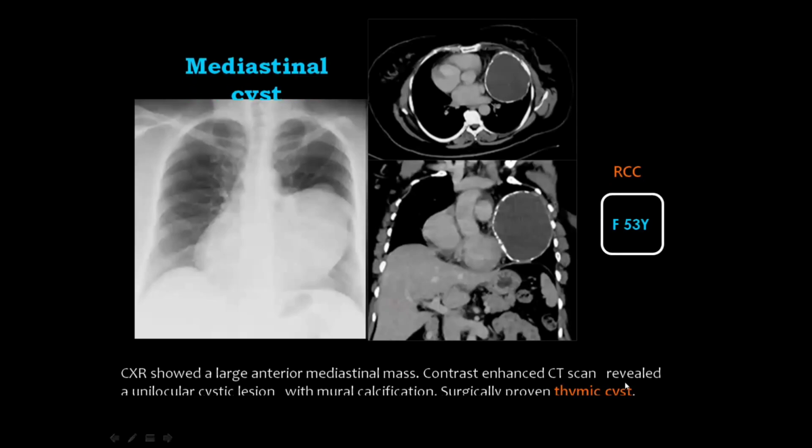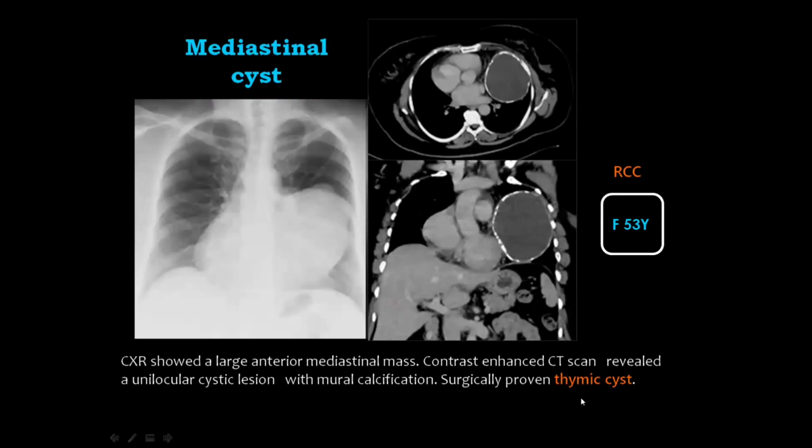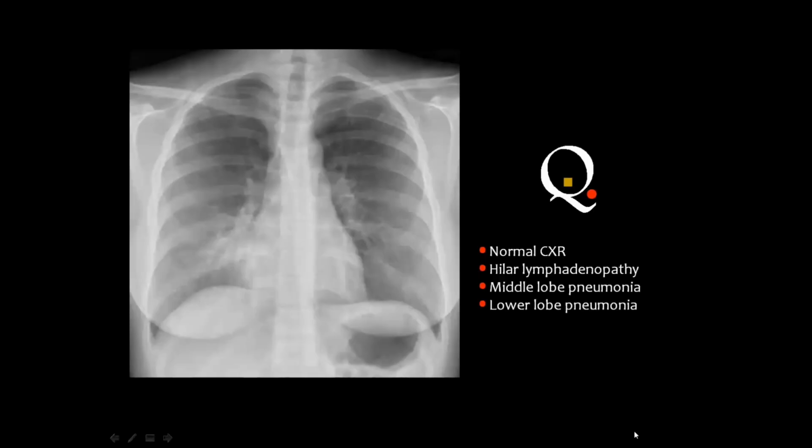But whenever this cyst was aspirated, it was proved to be of thymic origin, and this is not your business, as they said. You say this is a benign lesion, mediastinal in location, and the diagnostic possibilities include pleuropericardial and bronchogenic cyst. Next case